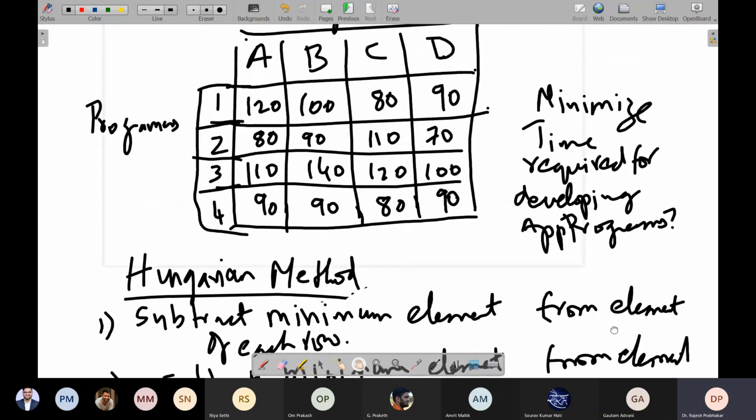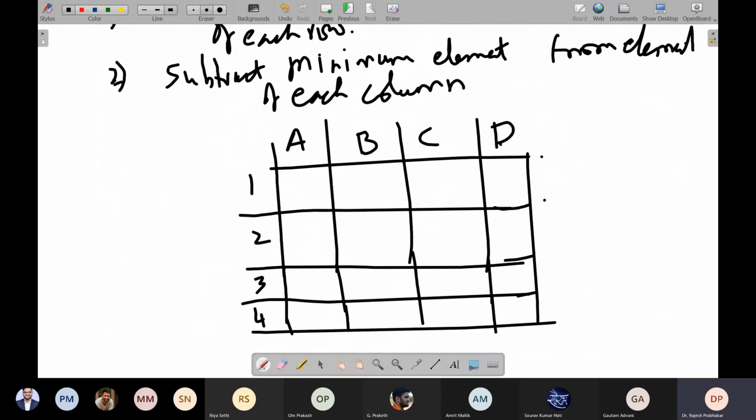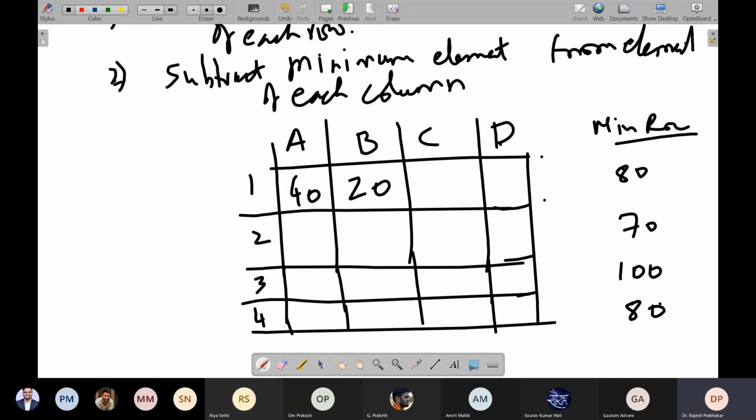The minimum of the first row is 80. Minimum of the second row, 70. Minimum of the third row, 100. Fourth row, 80. So 120 minus 80 is 40, 100 minus 80 is 20, 80 minus 80 is 0, and 10.